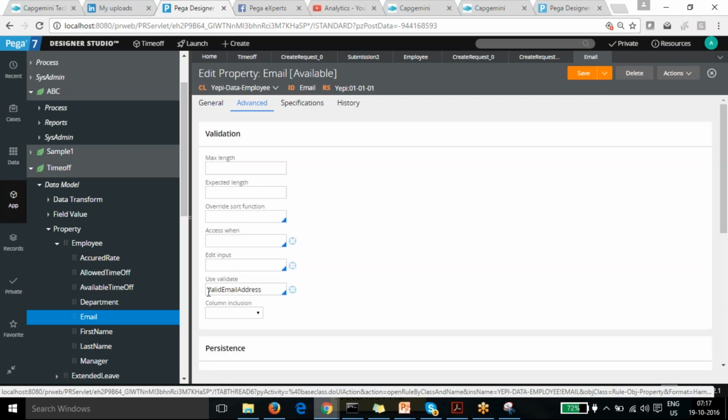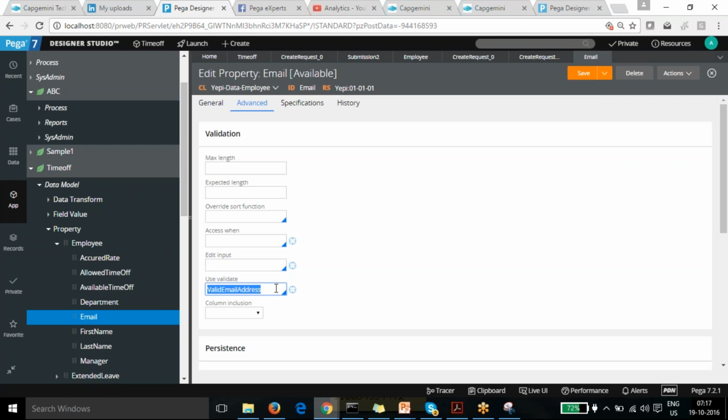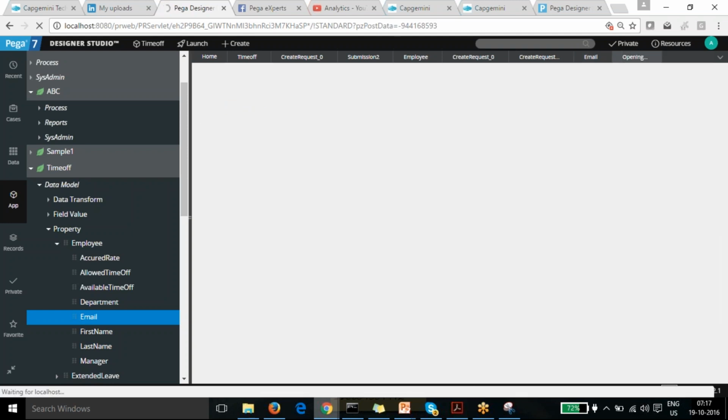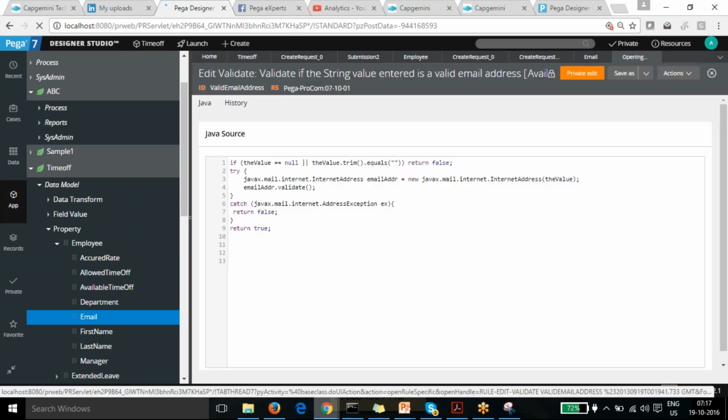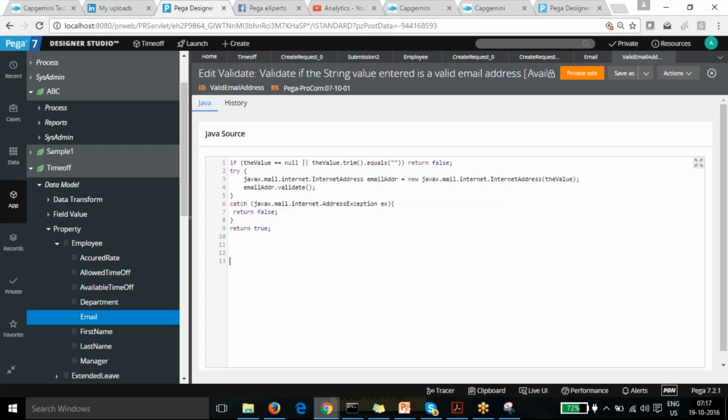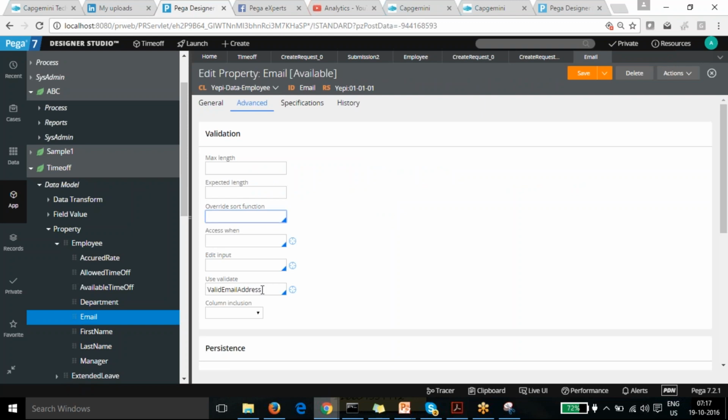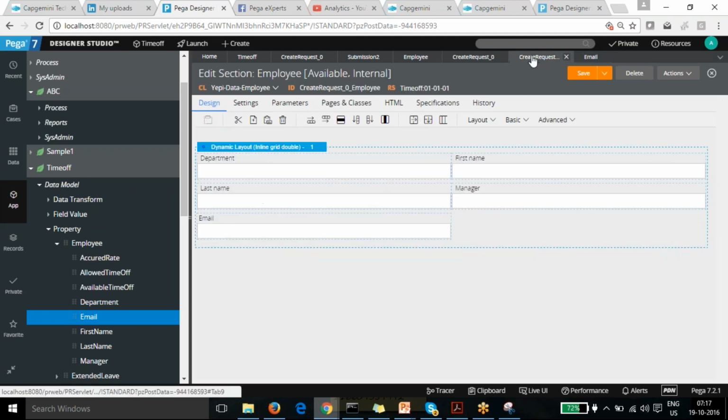So here, what we call edit validate is actually using a Java regular expression to support that. Normally it's using a Java method to validate it. So forget this one, that was too technical. That is for an architect who needs to do that. This is a Pega defined one. So if you directly create the email property, it will take the format of all the things within itself.